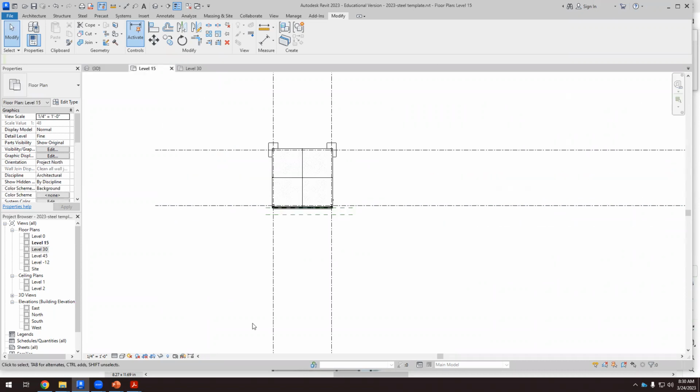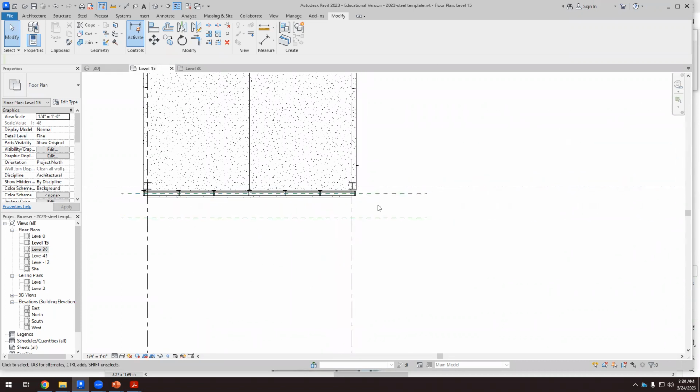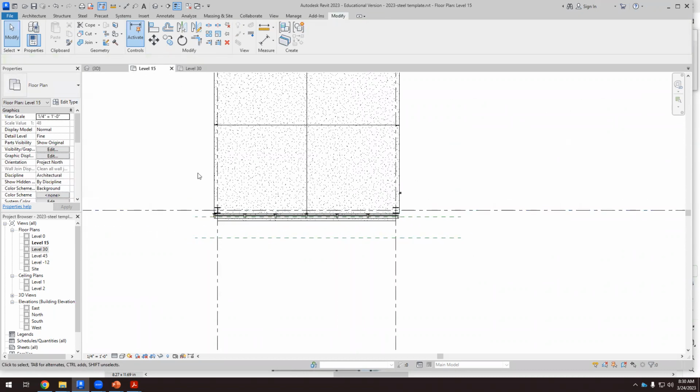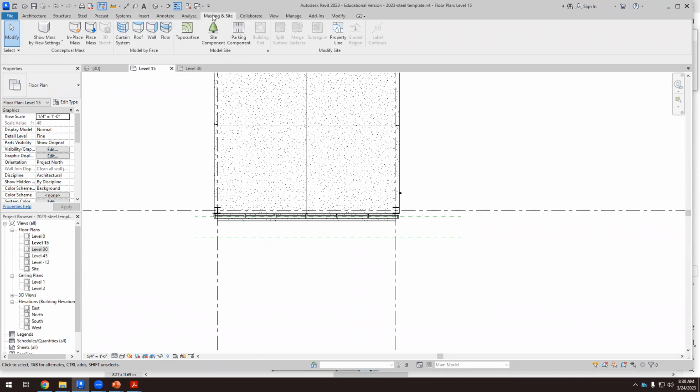So I'm on level 15. I have here the 2 reference planes, the first skin, the second skin, and I'm going to create a mass. So you go to massing, inside, in place mass,